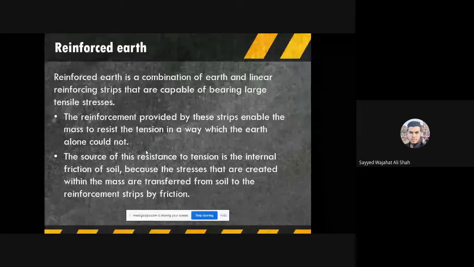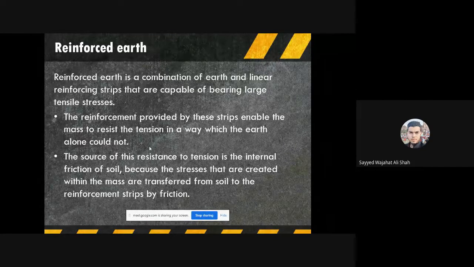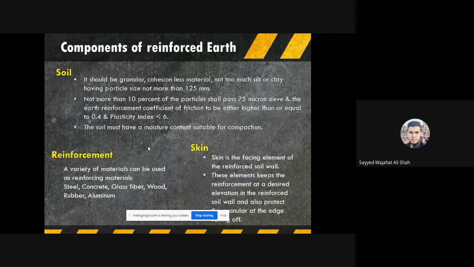Because the stresses that are created within the mass are transferred from soil to the reinforcement strips by friction. As we will see further, the soil properties are that it should be granular, cohesionless material, and not too much silt or clay, having a particle size of less than 120 millimeters,